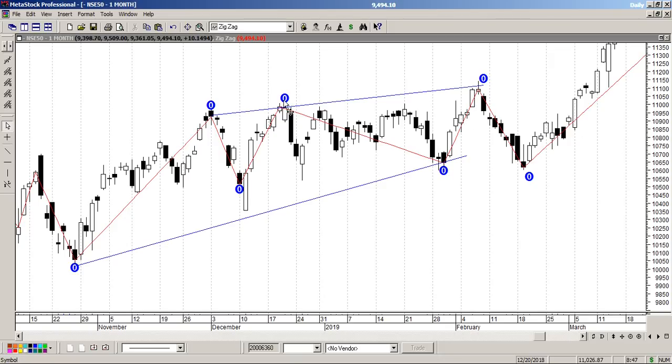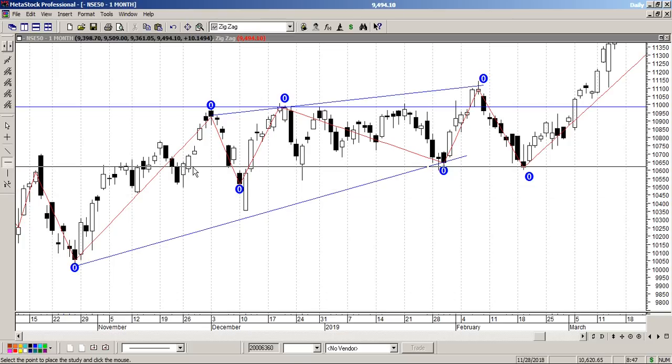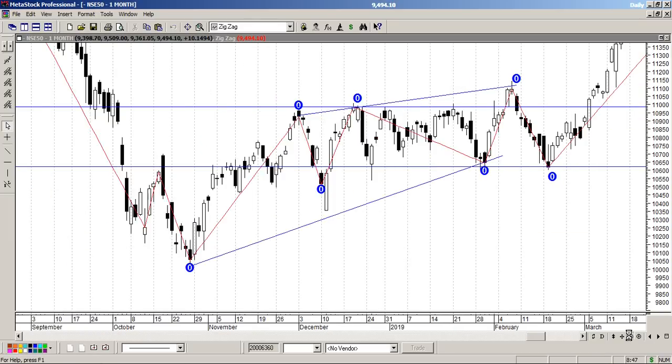Any person who got long around here, see what happened was, these were the highs, correct? This is where people went long. They would have a stop at a swing low, this one. The operator came, swept everyone's stops and took them out, right? Then the market moves. So after the half signal, see what happens to the market then.